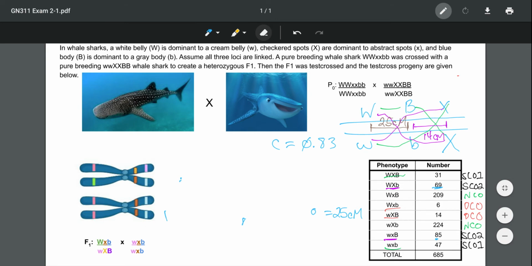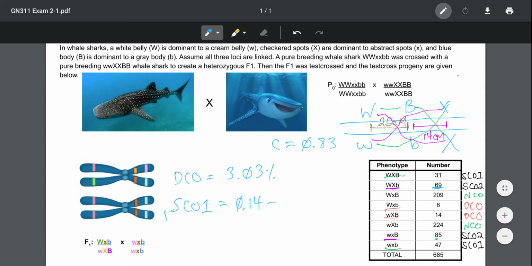So let's go ahead and make some space here by erasing. All right, so to determine the frequency of our double crossover event occurring, we multiplied our R1 times R2 and then our coefficient of coincidence, and that came out to be approximately 3.03% when we multiplied it by 100, whereas our single crossover one event was our